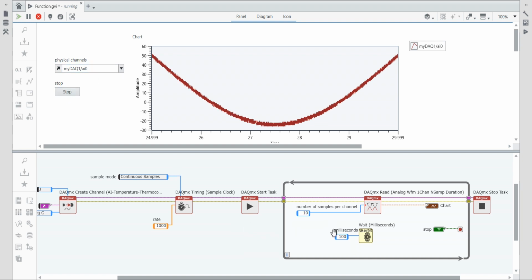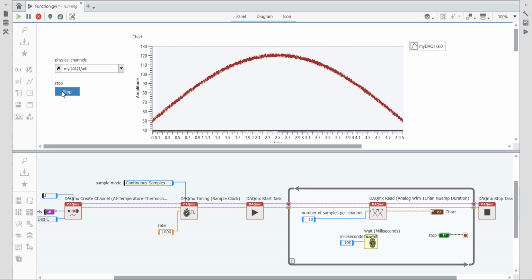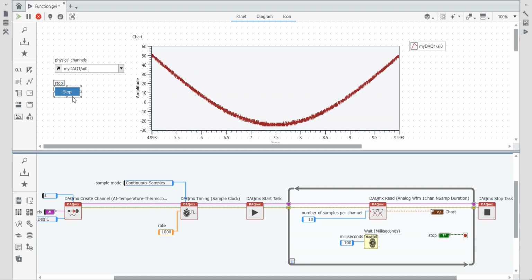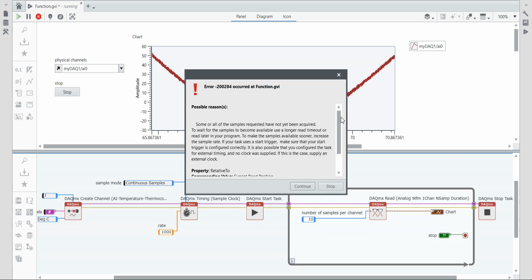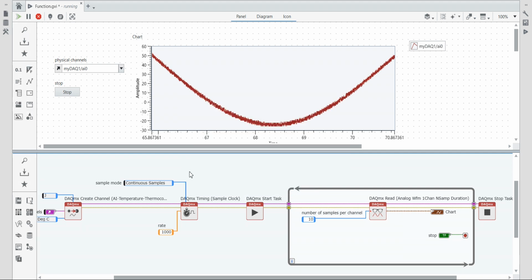Nice. Now I am going to delete this program. Now I am going to run. I can click the stop button here. For all the samples, we cannot acquire, so stop.